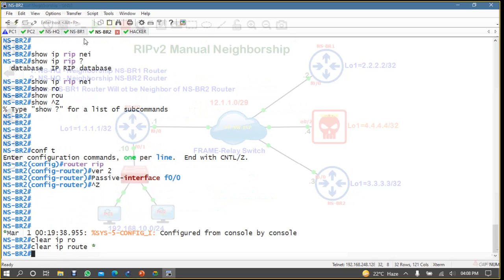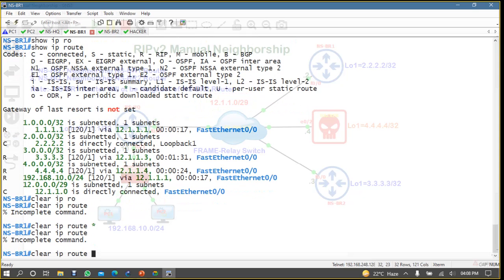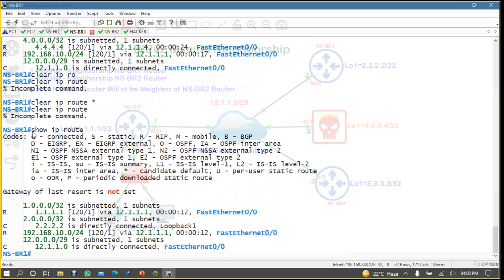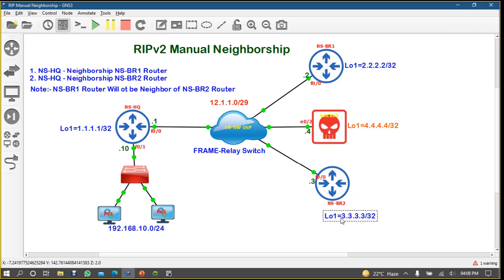And now if you're checking the show IP route, see, branch is getting routes from headquarter, but what is the problem is, see, this branch 2 is sending update to headquarter, okay, and this